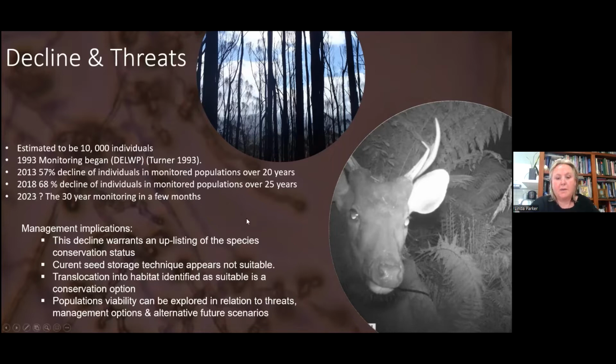This is a picture of a sandbar, because herbivory by deer is impacting a couple of the sites. And there's also a picture of some burnt trees. We had one really large site that I mentioned in the video, which had 4,000 individuals, and then after the Black Saturday fires, it was down to 1,000. So we lost a lot in that site, but it did encourage mass reproduction because of the extra light.